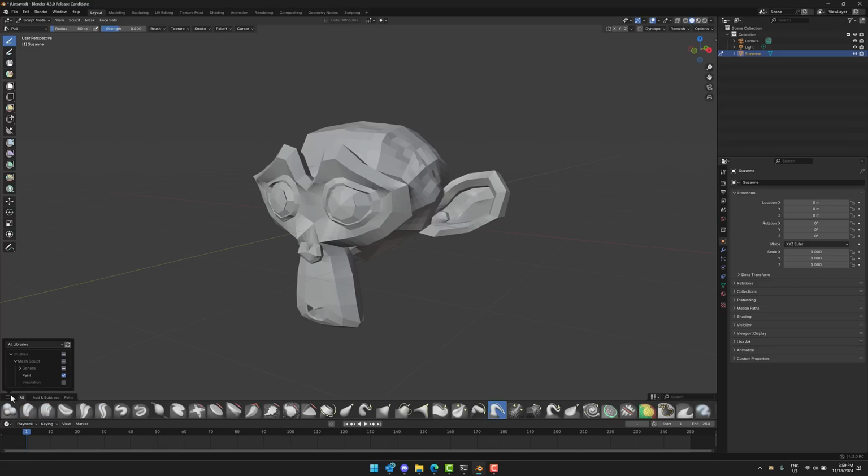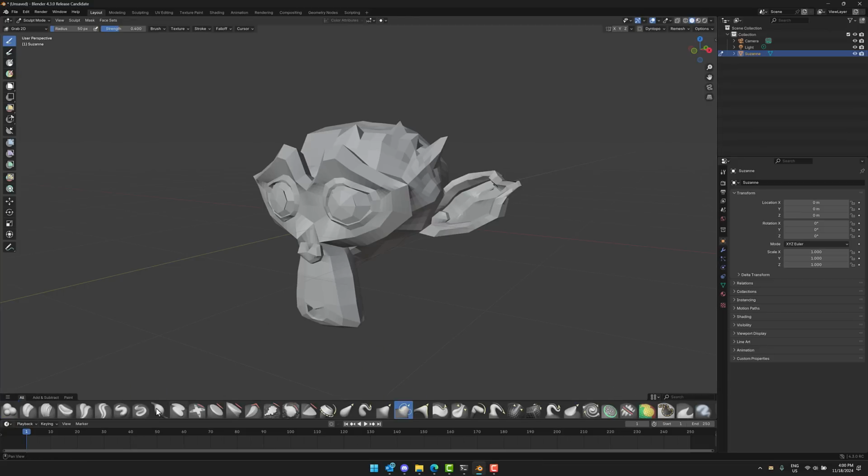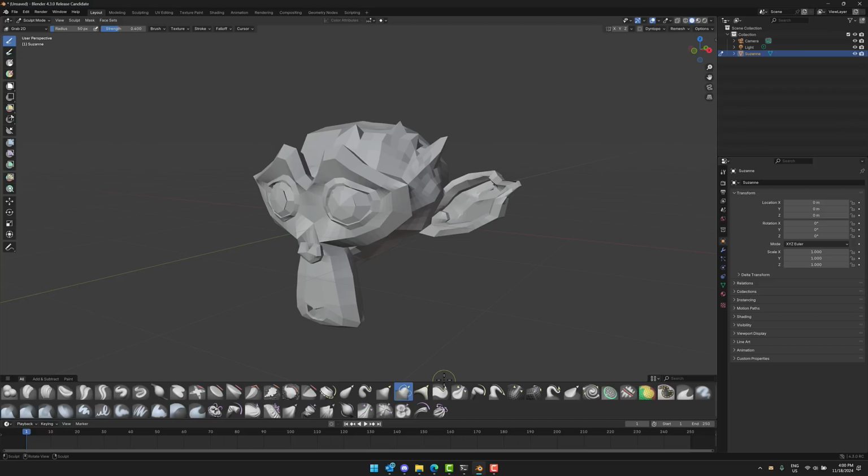Again, you can create your own brushes if you wish to do so. You also have the ability to come down here and search. So for example, I could search for grab, such as Grab 2D, which is one of the new brushes that was also added in this sculpting. It grabs along a 2D axis. On top of that, we also got Grab Silhouette. We got Crease Sharp, Electric Snake Hook, pull, plateau, trim, relax. A whole bunch of new brushes were added. We also have some new brushes when it comes to sculpting of cloth as well. But the big new thing here, of course, is this new searchable, sortable, configurable dock of all of the brushes